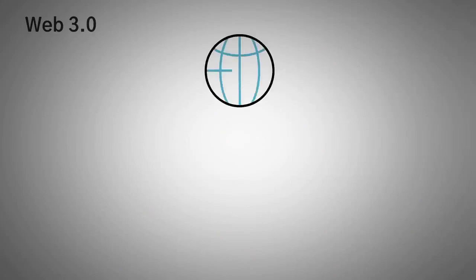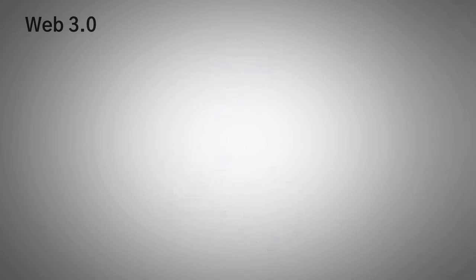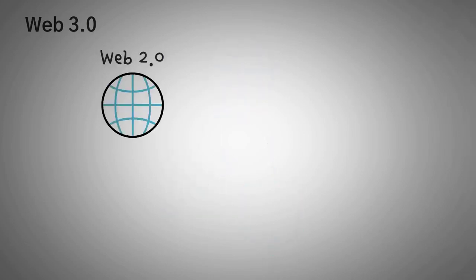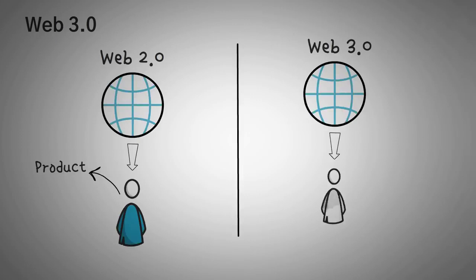Next up is Web 3.0, and this is what you came to learn about. Web 3.0 is the next evolution of the internet, probably utilizing blockchain technology and the tools of decentralization. In Web 2.0, you were the product as you were browsing social networks. But in Web 3.0, some believe that you will be the owner of your content, the stuff that you post online.